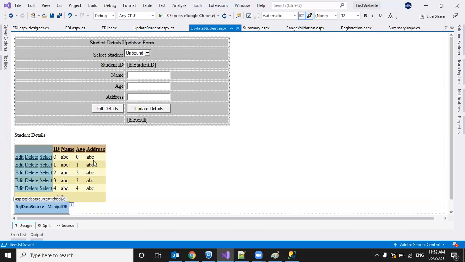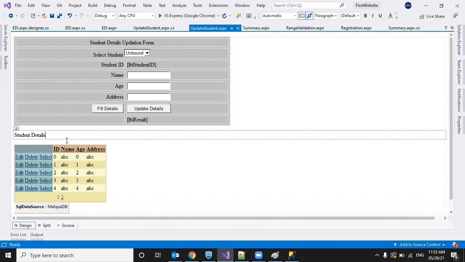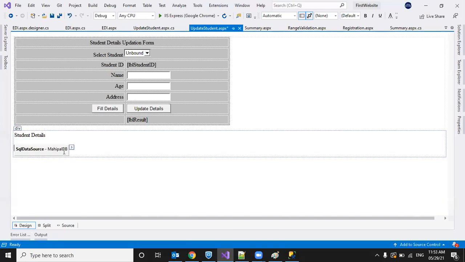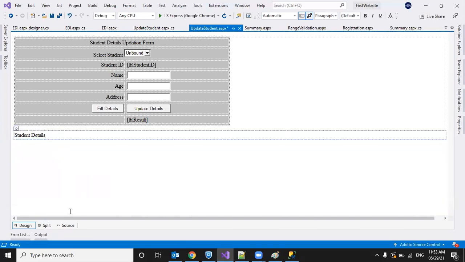So for those operations which are not possible with this automatic generation approach, we will go for the manual approach. Okay. So this is the student details table grid view. Let me add one more grid view. With that grid view, we will write our own code. So we don't use this.